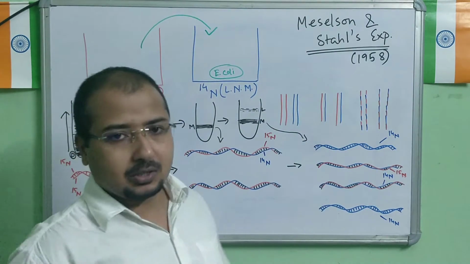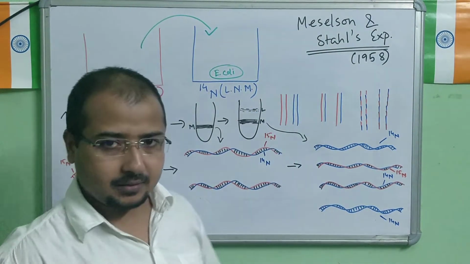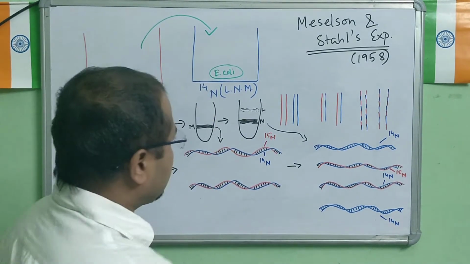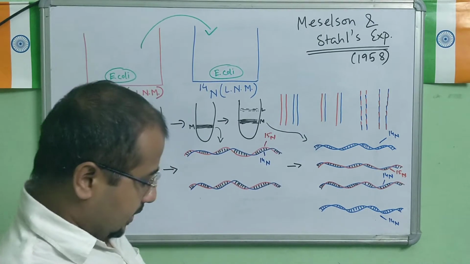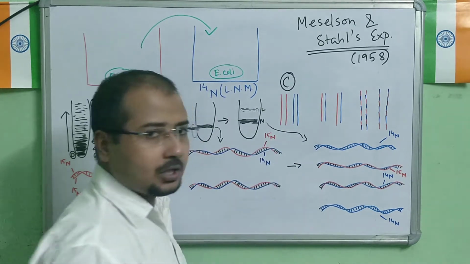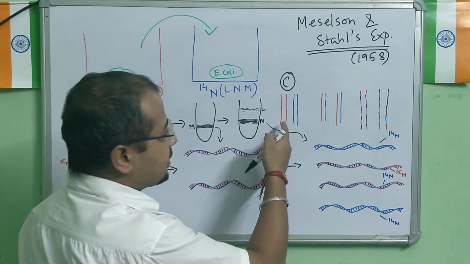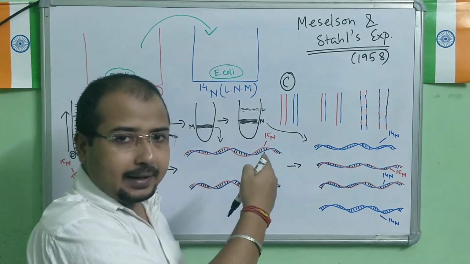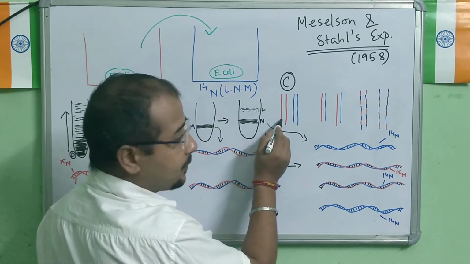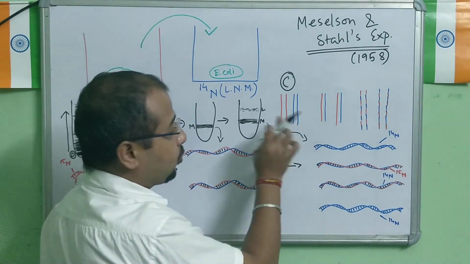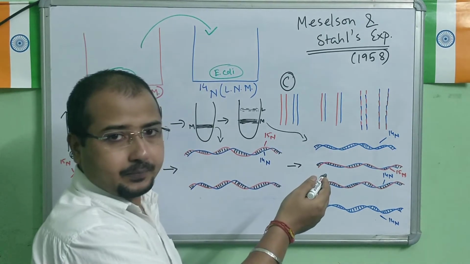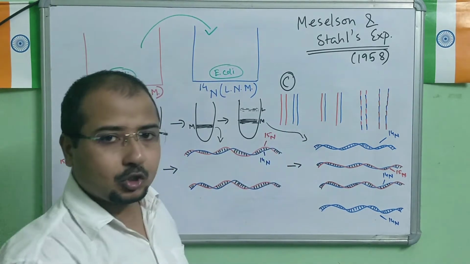Before Meselson and Stahl came with the kind of experiments that I have explained to you, three models were proposed. Look at this one. This is the first model, known as the conservative mode of replication, where a parent DNA is retained along with a new DNA. Totally, a parent DNA and a new DNA are separated. If this is the parent DNA, for example, the newly formed DNA is the blue one. So the newly formed DNA has both new strands. Clear? This is the conservative mode of replication.